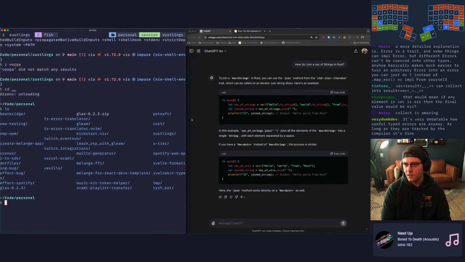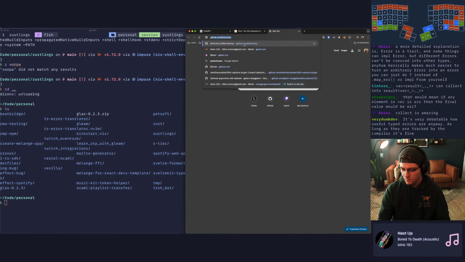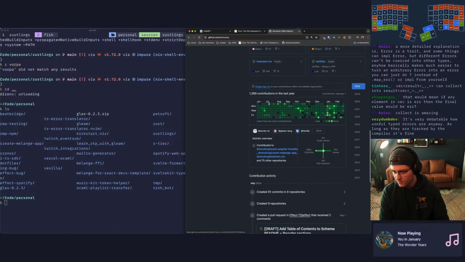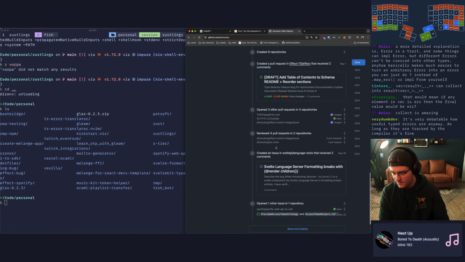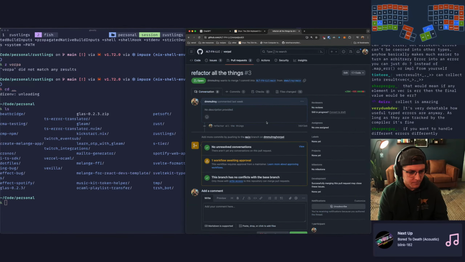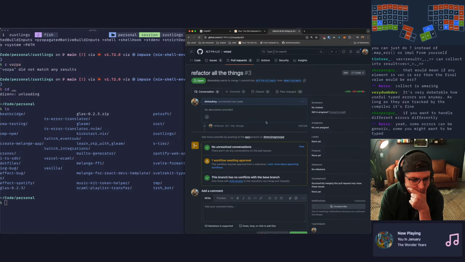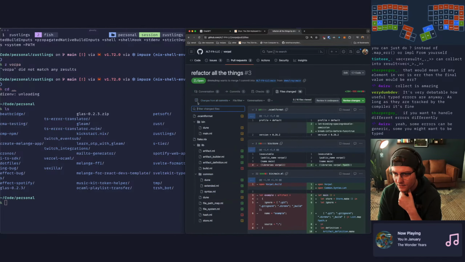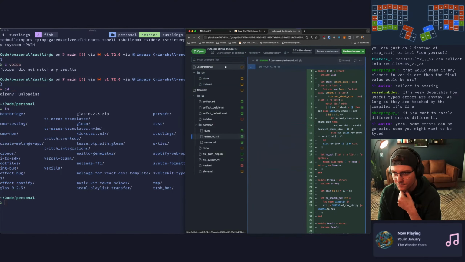But look at this. If we go to my GitHub, I just forked BG's repo the other day. Where is this thing? I have it in extended.